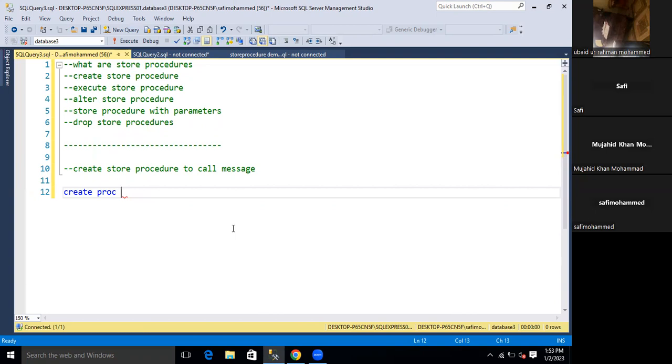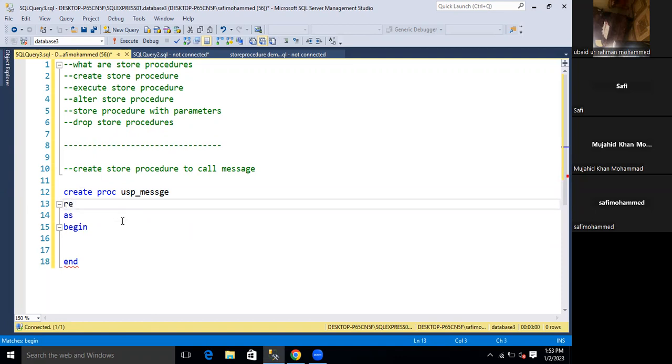In user defined store procedures, we usually start with USP for our convenience, so that we can remember. Just for calling a message, I'm giving this name as USP underscore message. And it will start with as and begin and end. This is the syntax. And it will return